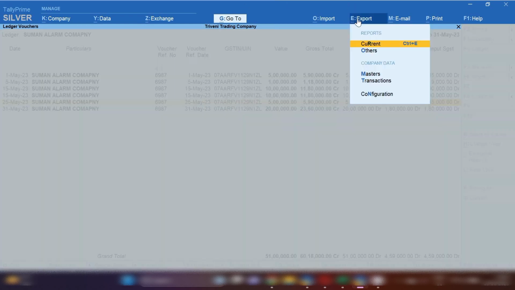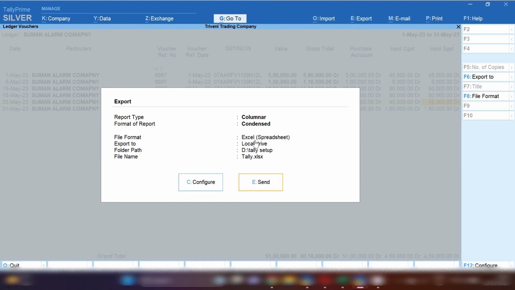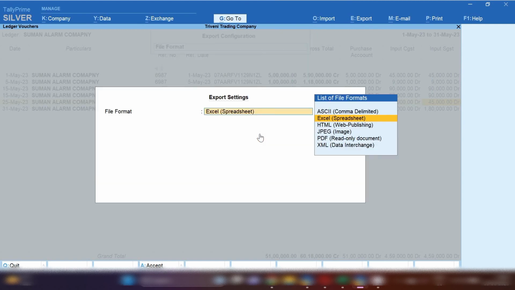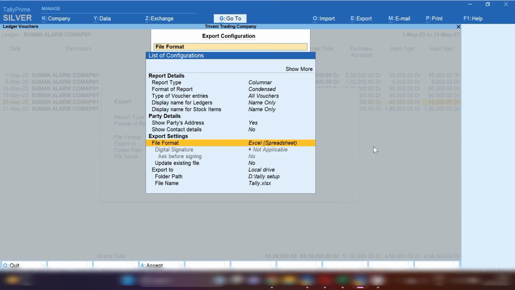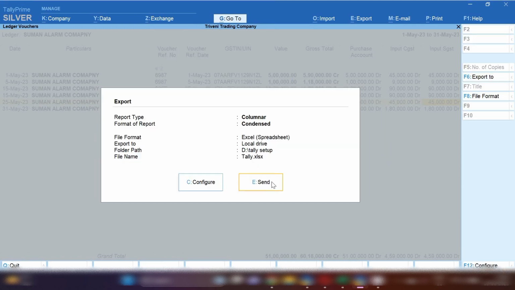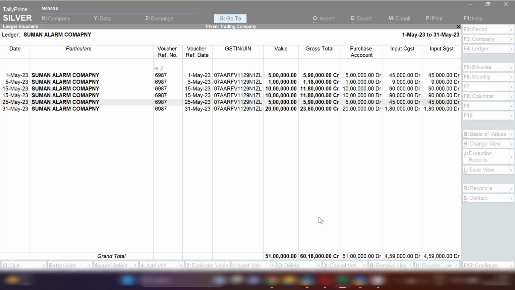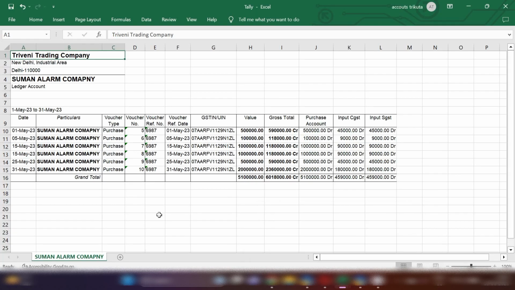So click on export and click on current, and now you have to select the Excel spreadsheet option. If this option is not showing, click on the configuration option and we need to configure. Select the file format as Excel format and click on send and click on yes. It will take a few seconds for exporting this data in Excel format, and now the data has been exported in